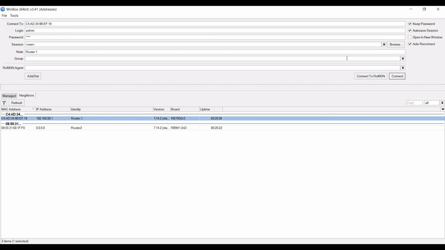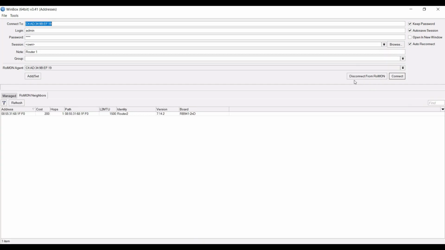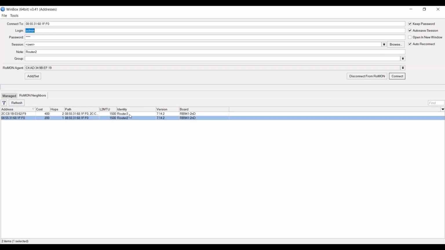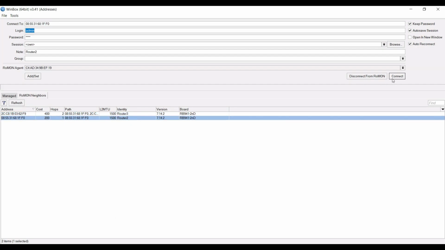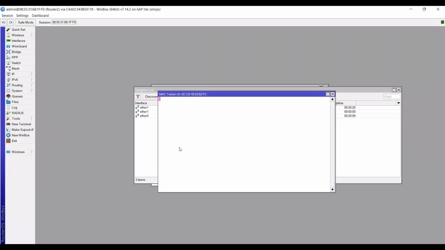Then click connect to Romon. As you can see here, router 2 and router 3 are detected, since the Romon feature in router 2 and router 3 is enabled. Let's try to access router 2. Connect. As you can see, we successfully access router 2.